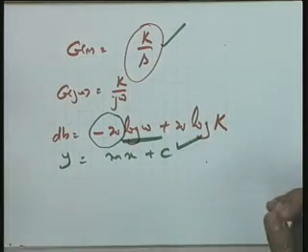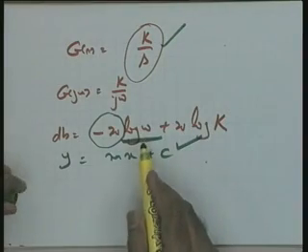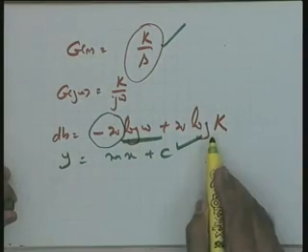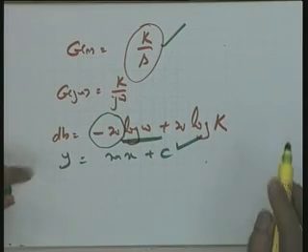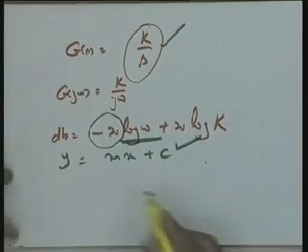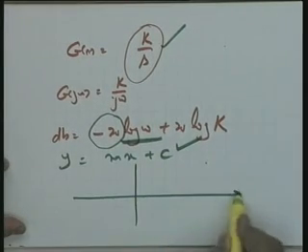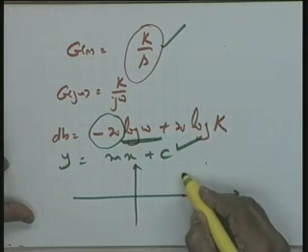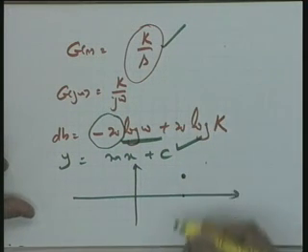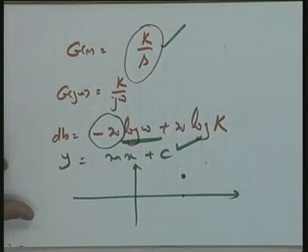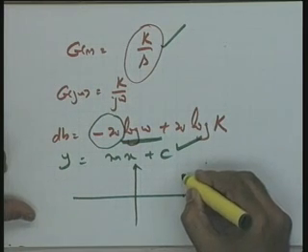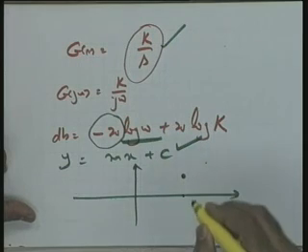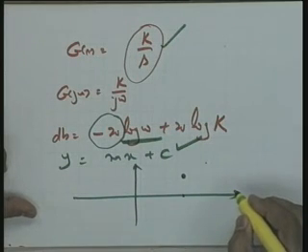Help me, where is the point? So what is the point? You take omega equal to 1, you find that your dB is equal to 20 log k. So it means one point is this: if I take this axis, omega equal to 1, you take 20 log k magnitude. It can be down or up depending upon the value of k, whether k is greater than 1 or less than 1. Now this is the point from where the line of minus 20 dBs per decade should pass.